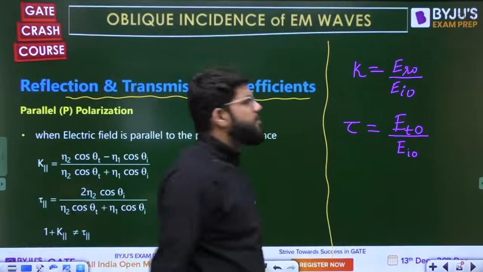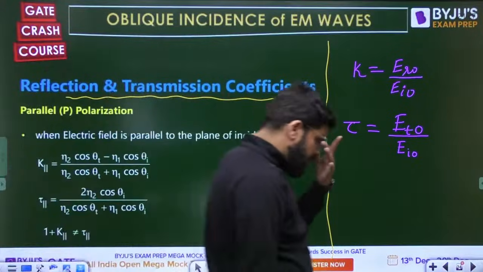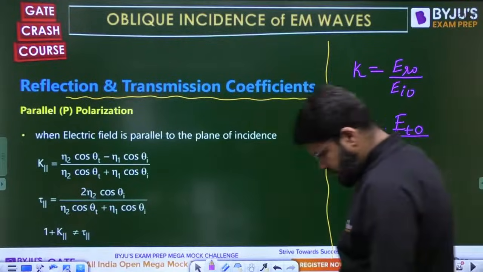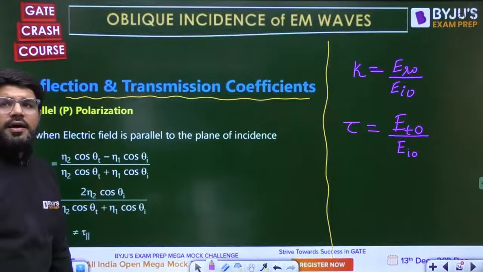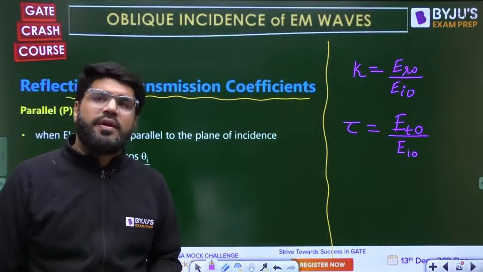ET naught is divided by EI naught. K is equal to ER naught upon EI naught, and tau is equal to ET naught divided by EI naught. Correct? Right. Okay. So the formula of reflection and transmission coefficient will depend on the type of polarization of the wave,